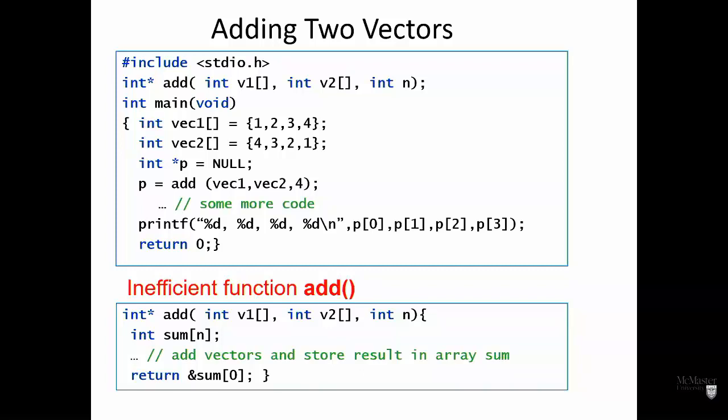Do I have to take n as an input? Do I need even to define this n thing, which is limiting me? Now, given we know how to dynamically allocate memory or arrays, I don't need even n. I can get the size of v1 and v2 and use this in my problem, right? So a different way of doing this is, assume, but even before this, assume this was